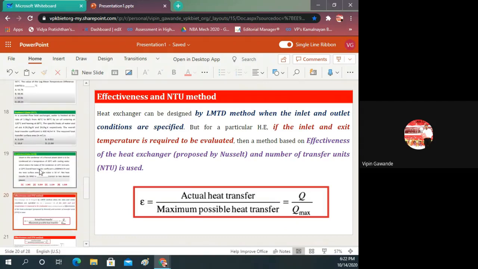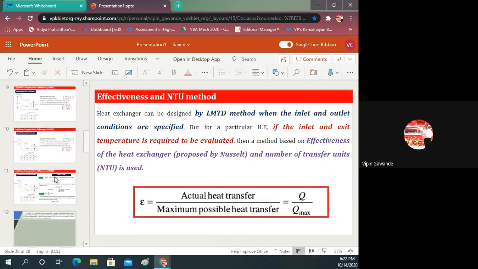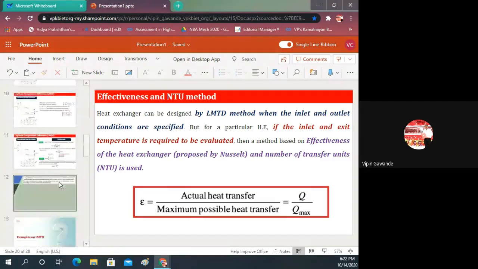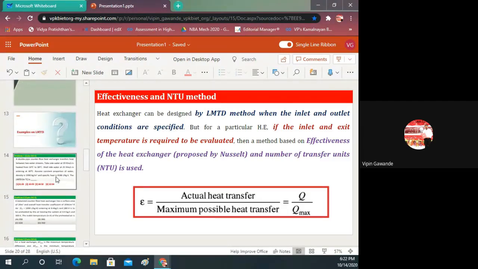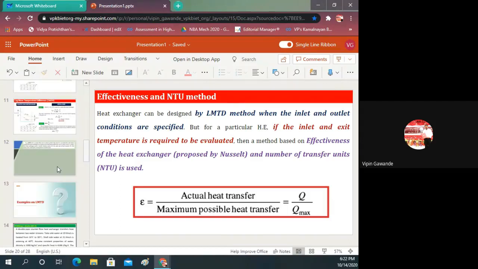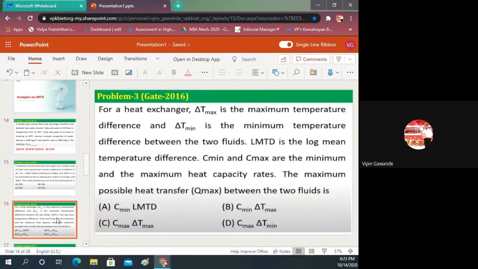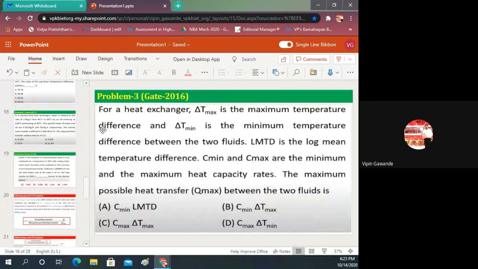So I hope that the LMTD method is clear to you. This is a very simple method, but the concept is required, and I will share the PPTs also with you. Go through the PPTs. If you have any queries, just ask me, and I will solve that query as far as possible. All the questions we have taken from the GATE examination also. So whenever you solve GATE examination questions, you will get the confidence that we can solve the same problem in the examination also. Okay, so this is from my side. I will take the second part of this topic in the next lecture.